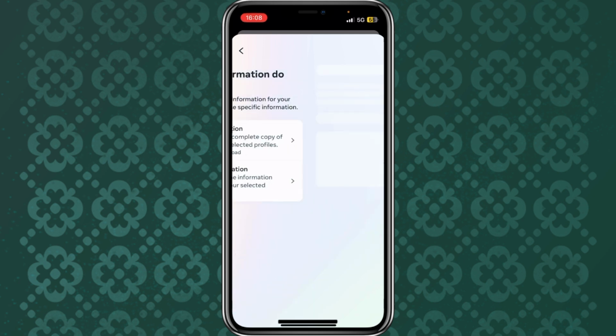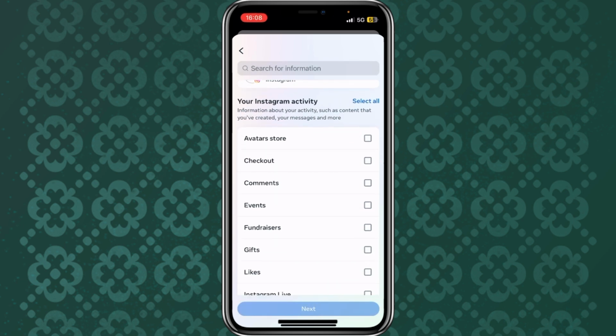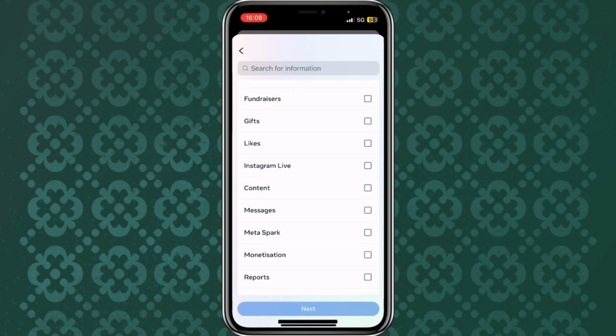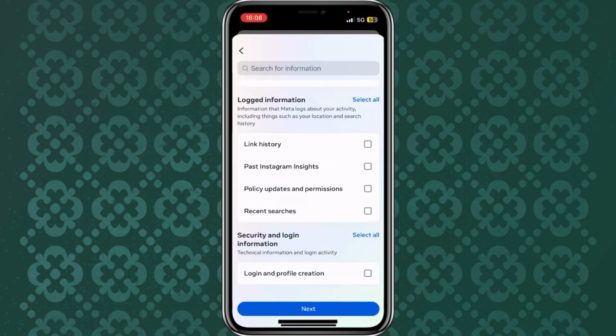select some of your information. You only want the messages, right? So scroll down and tick the box with messages. And then go to next,